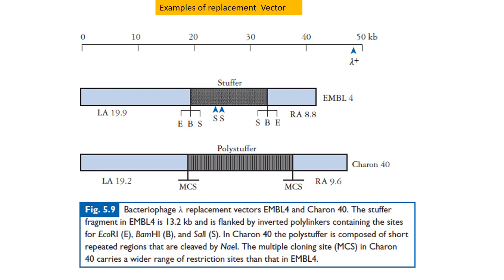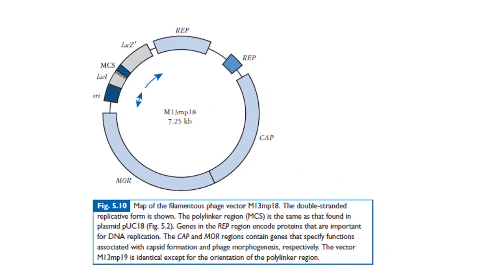Examples of replacement vectors: EMBL4 and Charon 40 are some of the replacement vectors based on lambda genome. Here the stuffer region can be replaced with polylinkers which can be used as multiple cloning site where you can put a number of fragments. Another example of phage based vector is the M13, which